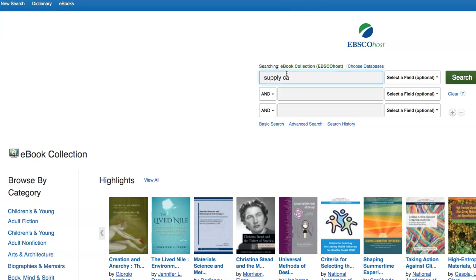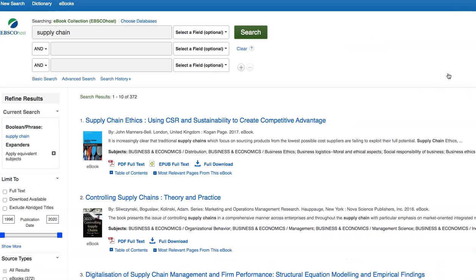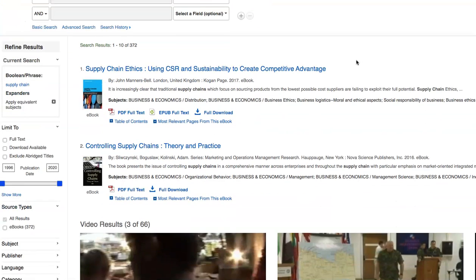So I'm going to come in here and look for supply chain, and I'm just going to leave it like that. I may determine I need to make it a phrase, but nope, I see it pretty immediately. It's not a really huge database like something with a lot of newspaper articles, so it managed it fine. But you can always change it. You can make sure that you select full text,